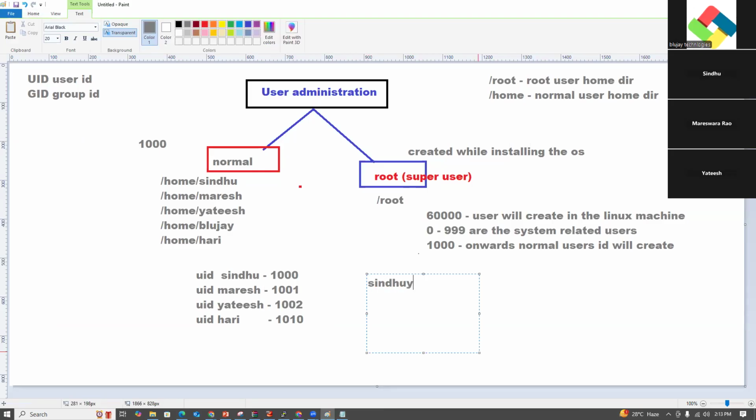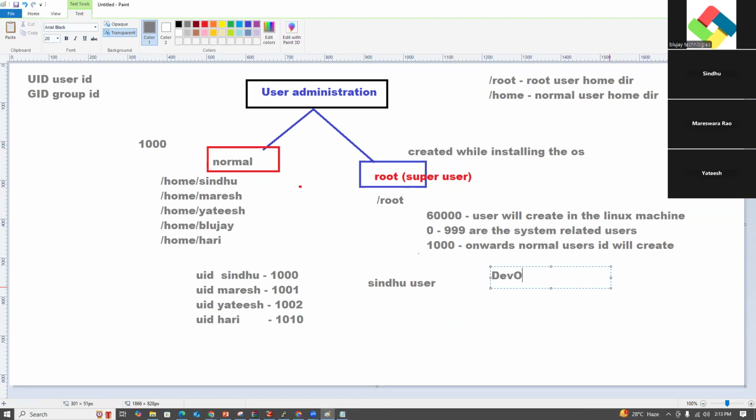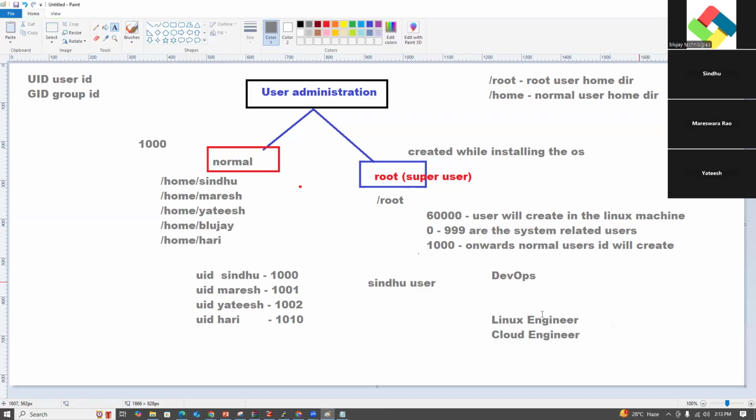Sindhu is related to which group? DevOps group, and also Linux engineer group, cloud engineer group.